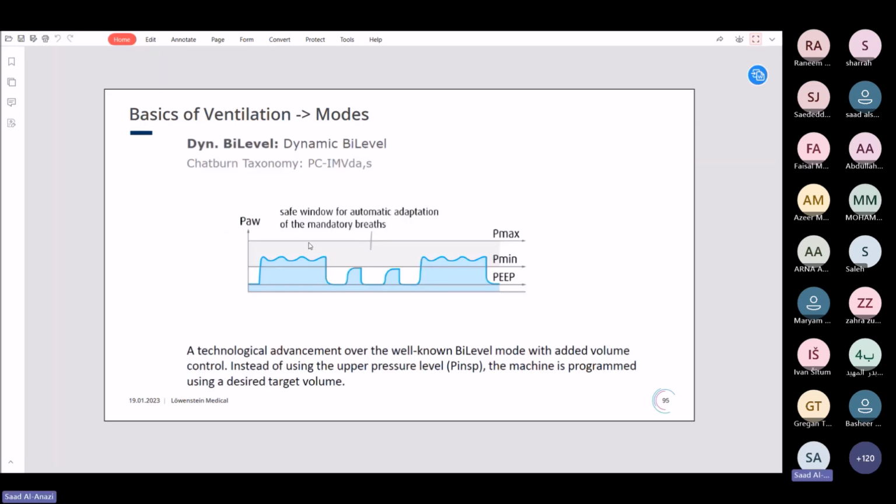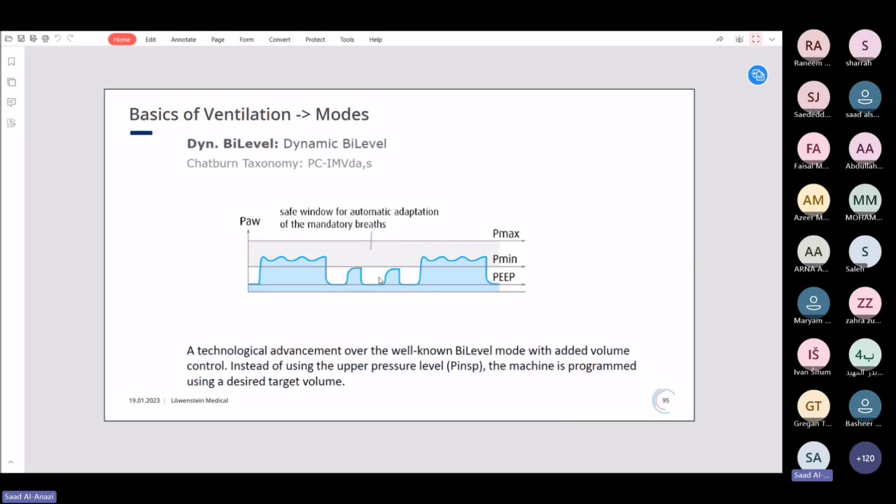Dynamic bilevel is the ABRVC mode, which is the same concept of the ABRVC mode, only with different terminology. Dynamic bilevel,